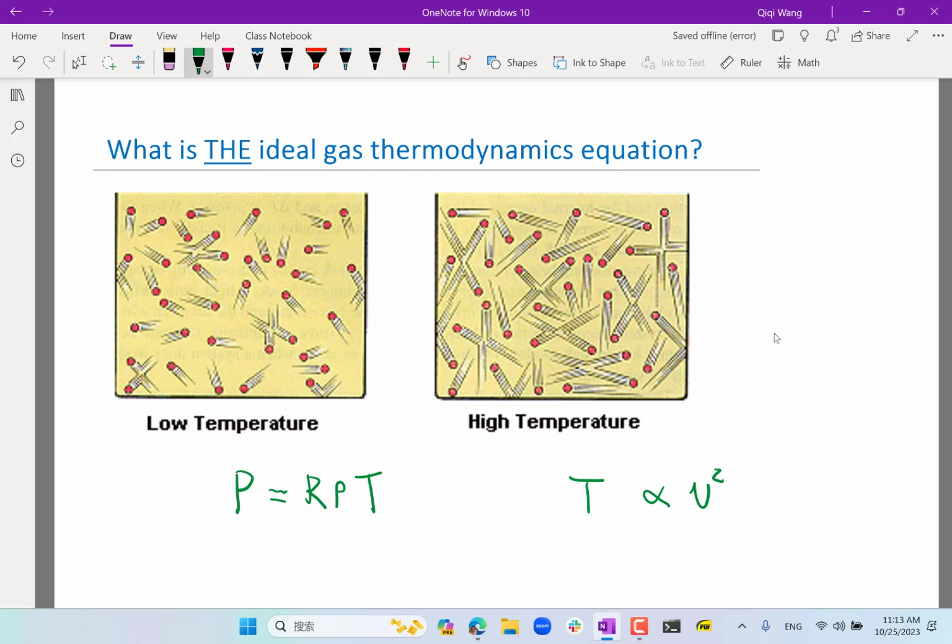Okay. And now what is pressure? What is pressure in the microscopic sense? The pressure in the microscopic sense is basically how much force, let's say this container gets from all the molecules bumping against the wall. So if you think about that interpretation of pressure, how much momentum is transferred from the random motion of the molecules to the wall,